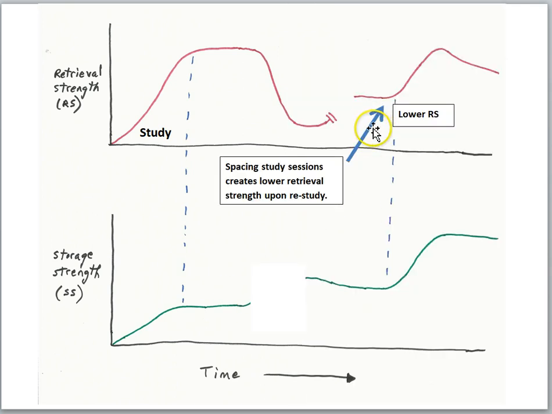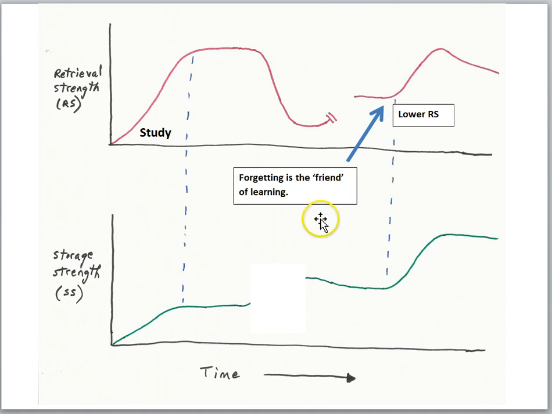Now, the next day, let's say we go to study session number 2, we are going to have lower retrieval strength compared to the first study session. And this is good, though, the lower retrieval strength. So the spacing out of our study sessions is going to force the student to confront the lower retrieval strength at the second study time. And sort of counterintuitively, these psychologists argue that forgetting is the friend of learning, because lower